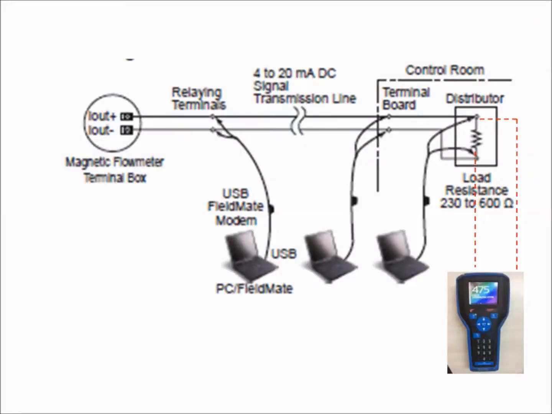So first you have to connect HART communicator across the mag flow terminals or in the loop. I already described it in my another video, HART communicator. In online, 250 ohms is not required. Remember, 250 ohms is not required in online. In offline or in bench, 250 ohms is required to match the impedance.